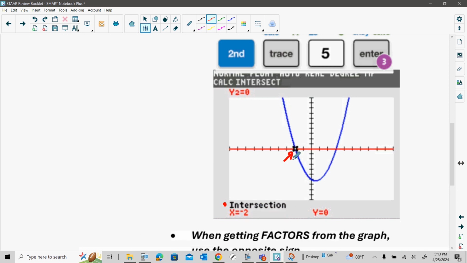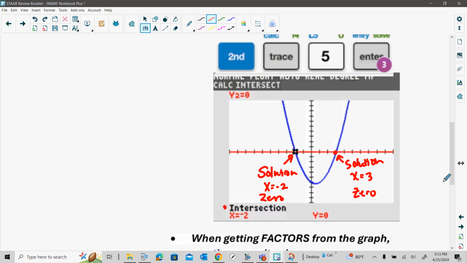So this actually has 2 intersection points that we want to identify. Since this first one is -2, 0, this is representing a solution, x equals -2, or you can think of it as a 0. Here, this is the other solution, which is x equals 3, which is also like your 0. Okay, now,